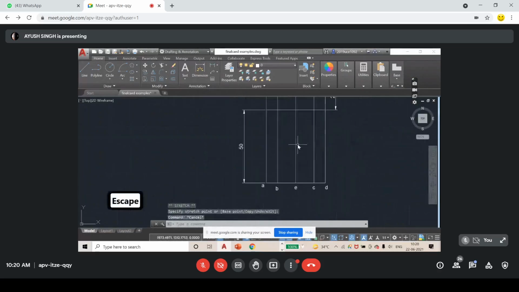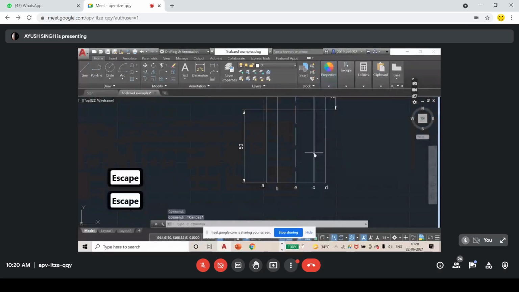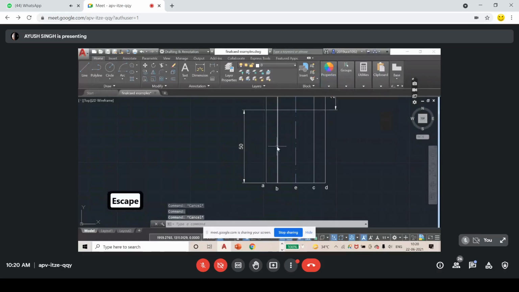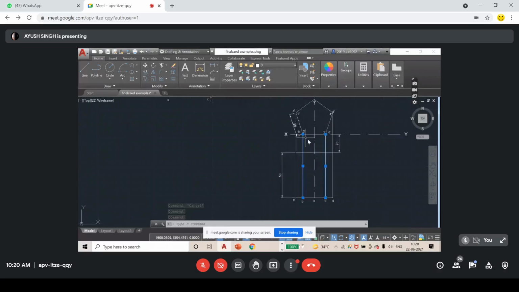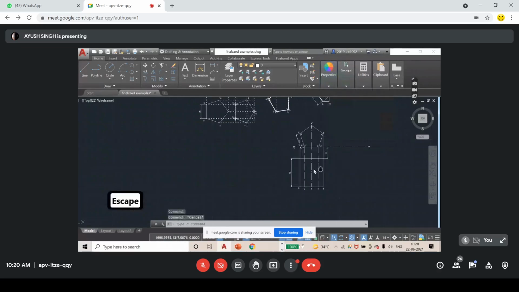Okay. So now the axis I am going to show with a different line. This is my axis line. Oh, sorry, not this. For axis, I am using dash dot. And for hidden lines, this line is not visible actually. This line is not visible from the top actually. So I am using dash dash. For hidden lines, you can use dash dash.